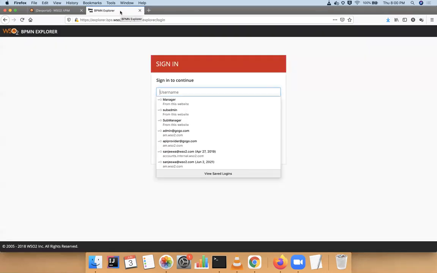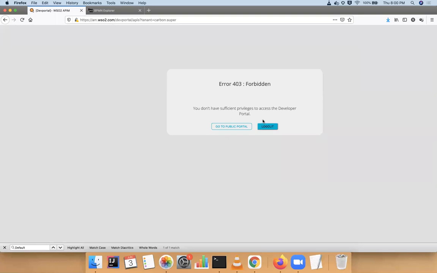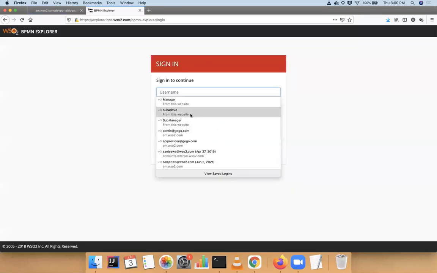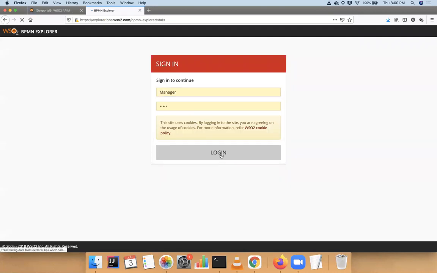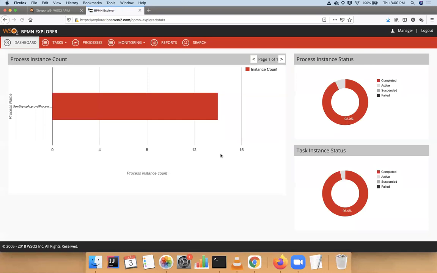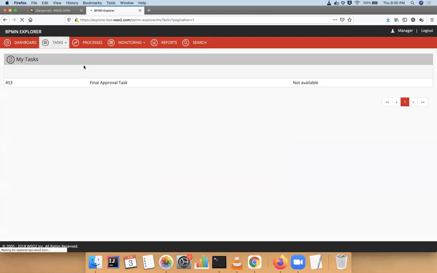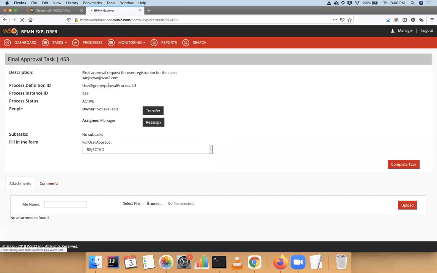So now I'll log out from here, and this time I'm going to log in as a manager and approve the request. Okay, so I'll go to my task, and then you can see there's a final approval task available, and username is available here. I'm going to approve this user.